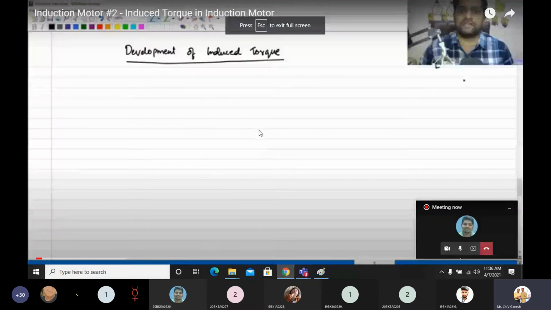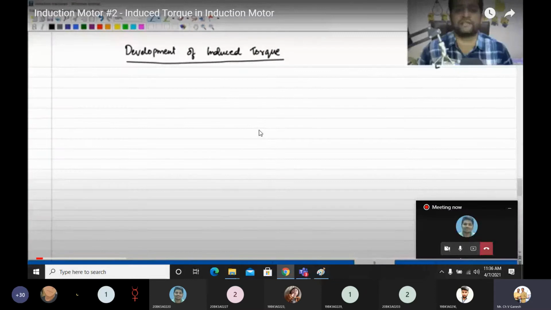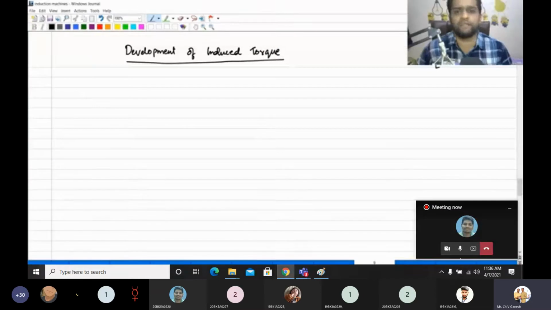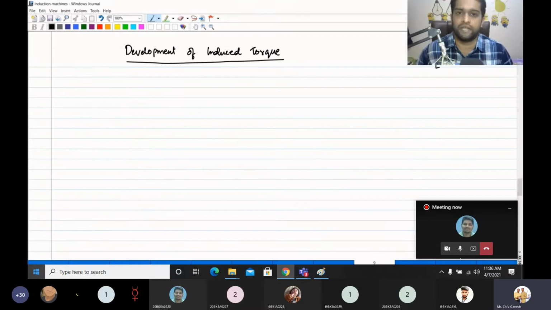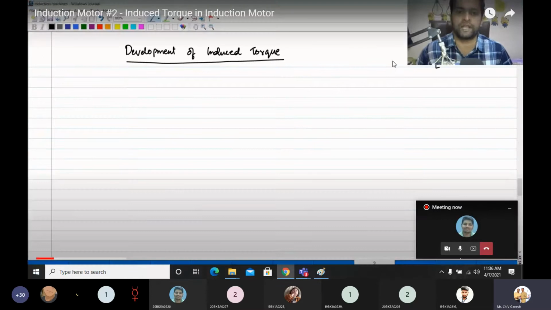Please follow the video. It started with our basic introduction to induction motors, and we saw a very basic level of understanding of the construction. We saw that the induction motor basically has a stator and a rotor. The stator is stationary and the rotor is the rotating part. In the rotor, we have two types, right? One is called the squirrel cage, and we have seen how it is constructed, and then we have seen the slip ring type of construction. Already we discussed in the first class, slip ring type and squirrel cage.